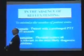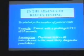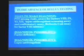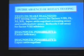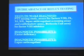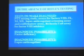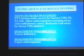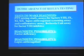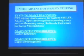Show up, 65 seconds. We're going to do everything for prolonged PTT. What would that involve? Boy, wouldn't you love to have this every time somebody had a prolonged PTT? Let's see, we're going to do a mixing study, 8, 9, 11, and 12 assays, lupus anticoagulant, screening and confirmatory assay, and for all of those of you who know coag, the worst test to do in the clinical lab in terms of effort, the Bethesda unit assay for a factor 8 inhibitor